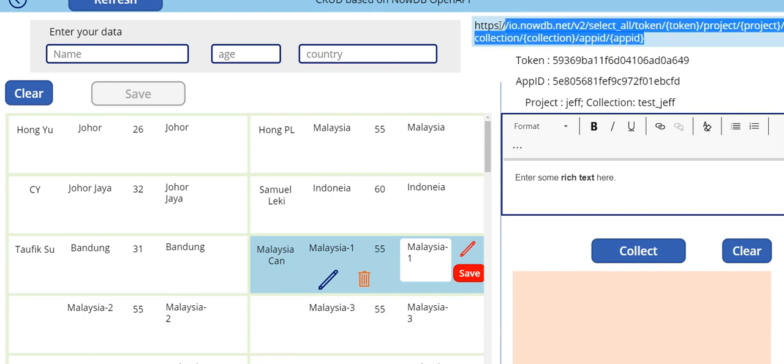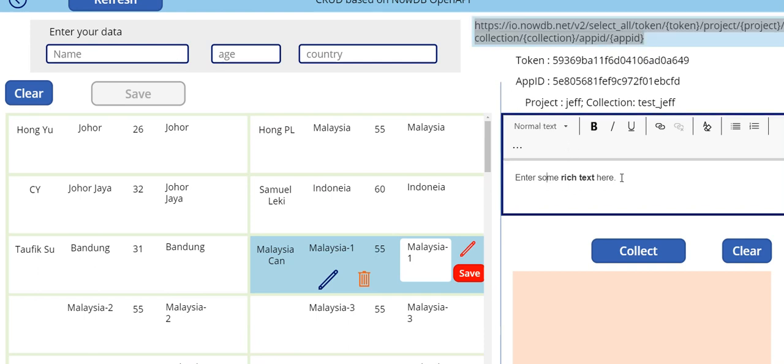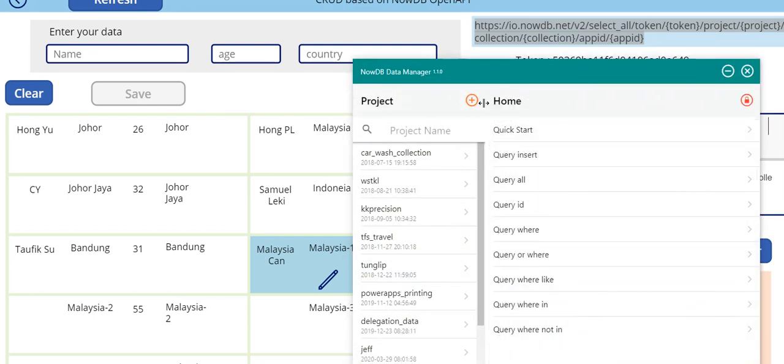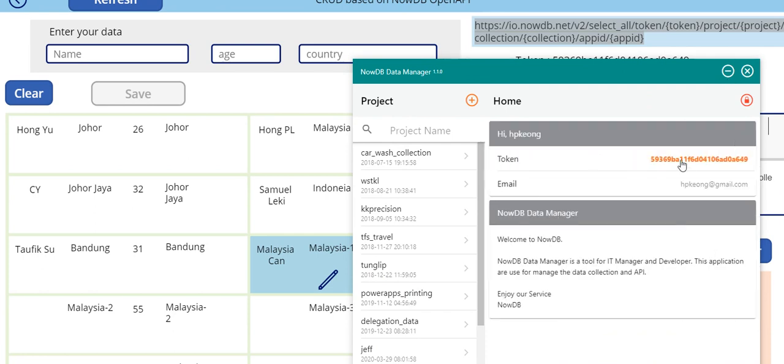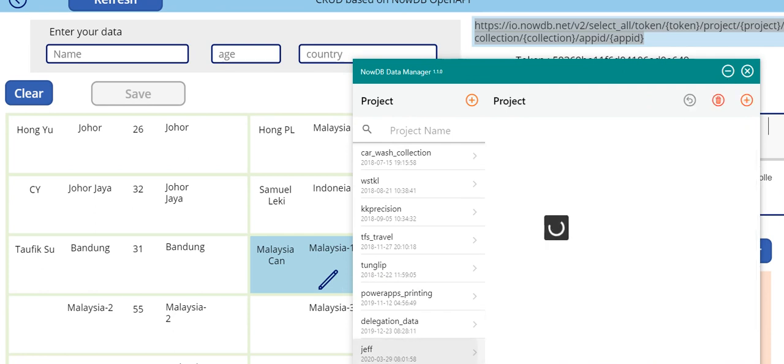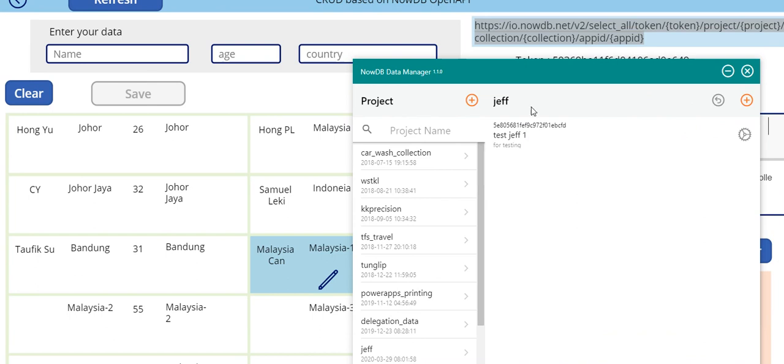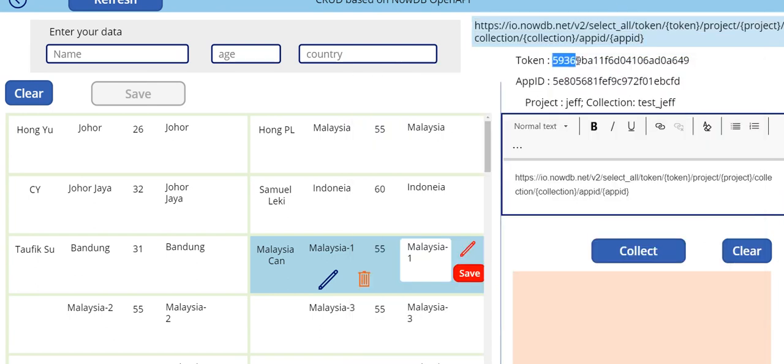So what you do is use copy here. For token, you have the token here. For every user, you have a token. And for every database collection, you have app ID. The token is already copied here to make my job easier.